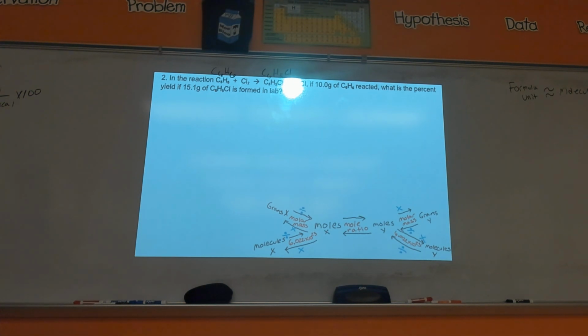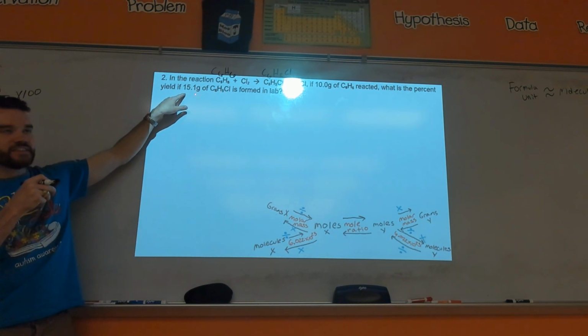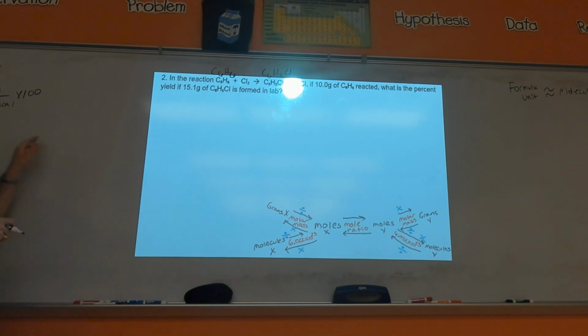Next step is figure out what is your actual. So which of these two numbers is your actual? And the answer is, well, which one of these is a product? 15.1, yeah, good, because C6H5Cl, that is a product. So that's why this number, the 15.1 grams, that's going to be my actual. So percentage is going to be 15.1 grams of C6H5Cl. Divided by